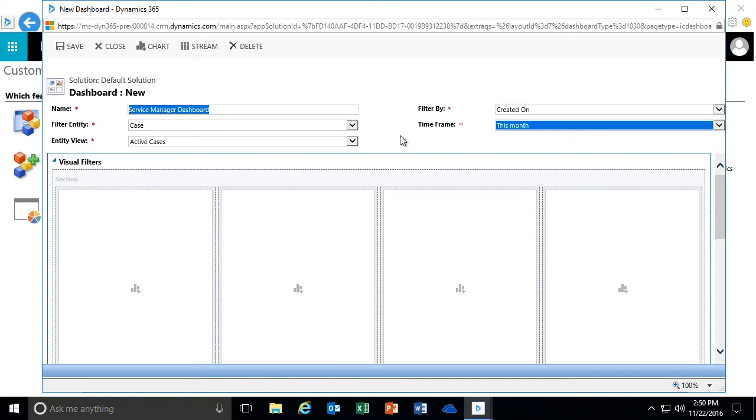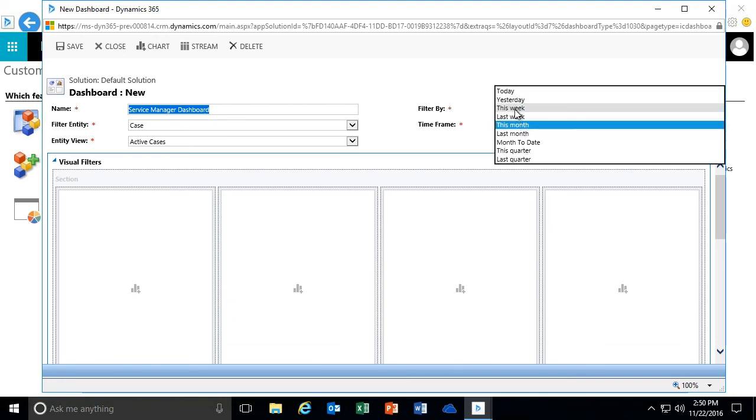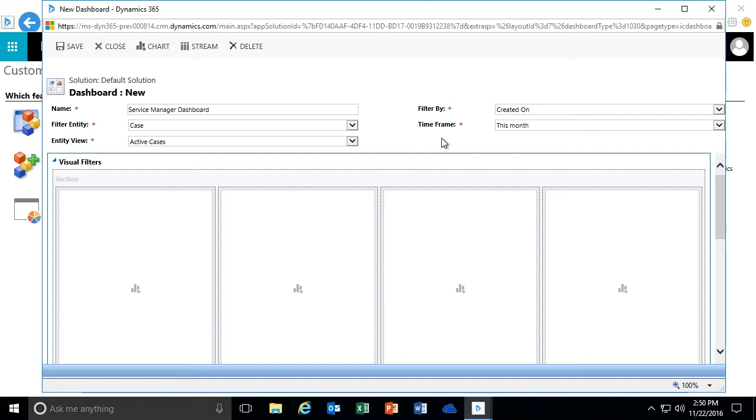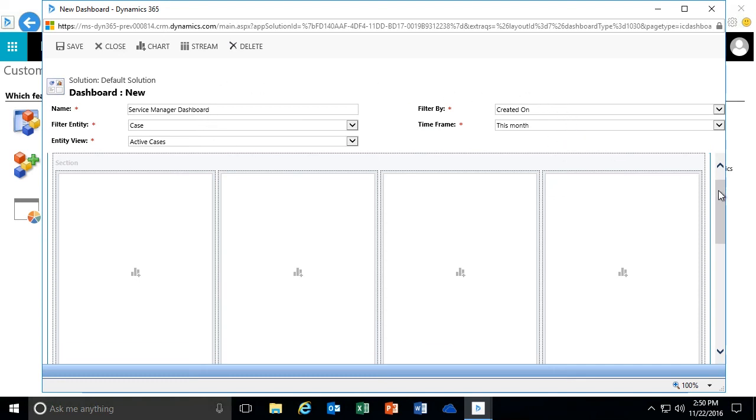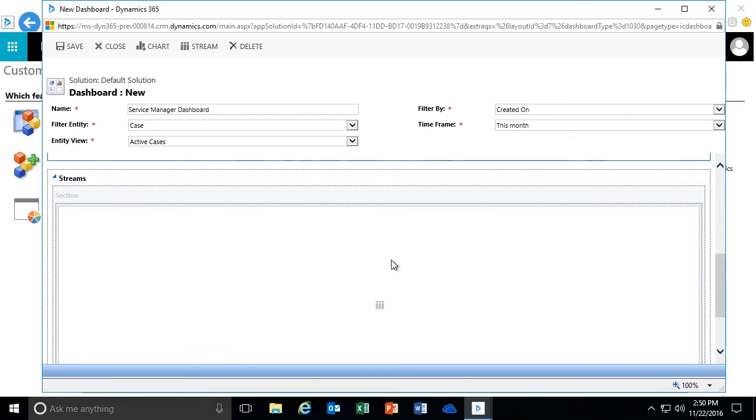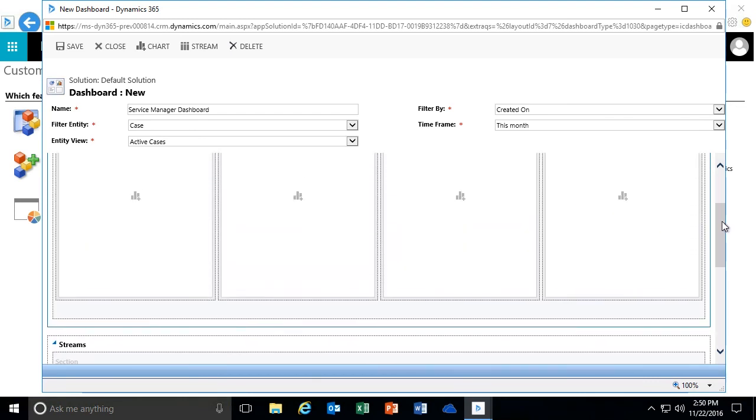Because most of the time, especially when we're talking about managing our queues, we want this to be the most updated information. I might even have it as being this week, so I can see a weekly snapshot of what's happening. That's all just going to be dependent on, again, who's going to be using this and what information they want to see. Now, once I fill out the top part of the dashboard, again, everything that I'm going to put below that relating to my visual filters and relating to my streams is going to be driven off of